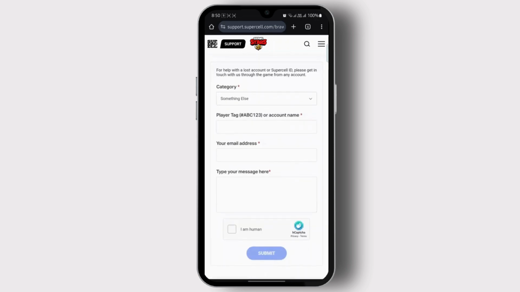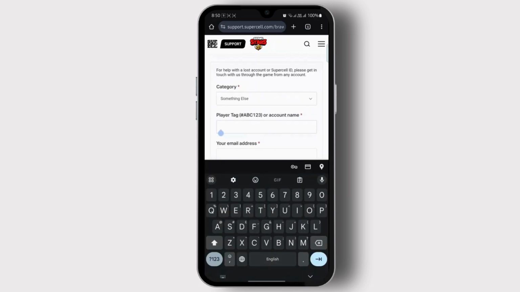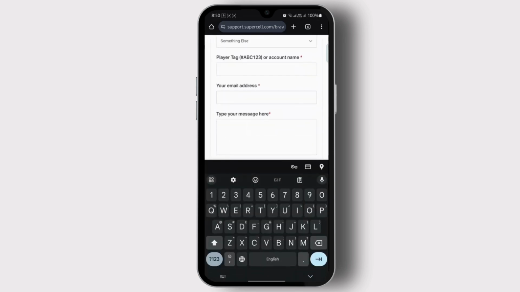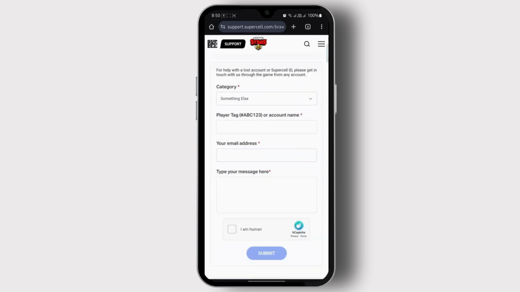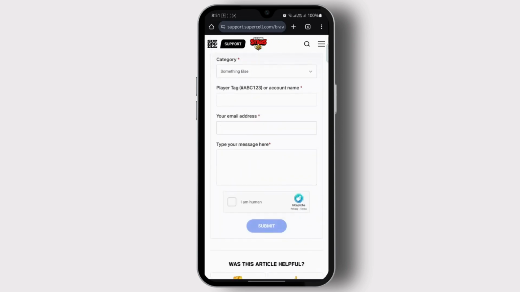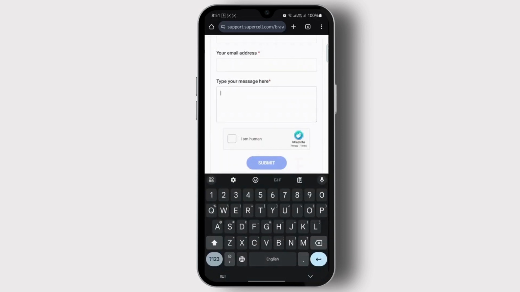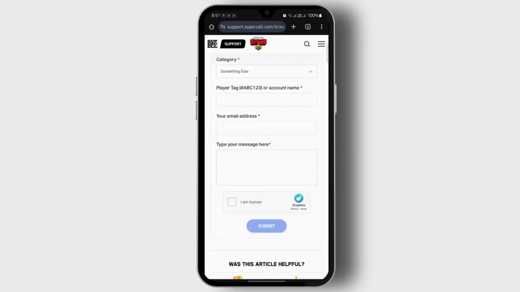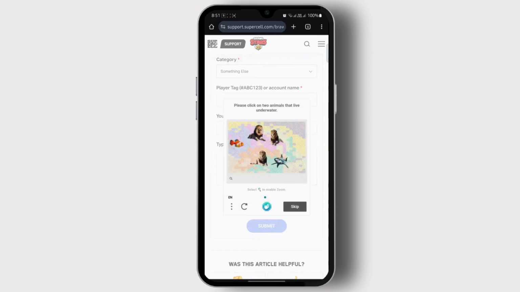And from here, what you can do is enter your player tag from Brawl Stars and your email address that was linked to your Supercell ID. Or you can enter any email that you have access to right now and just type in your message that you've lost access to your account. And finally, tap on this captcha to complete it. And once you do that, what you can do is simply submit the form